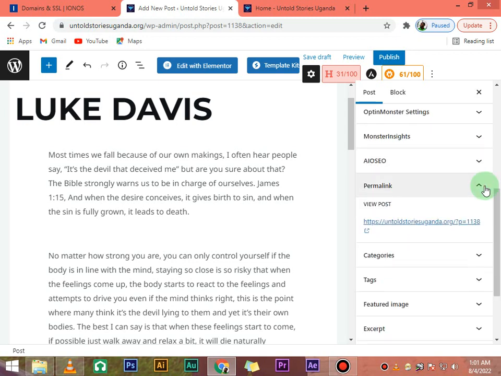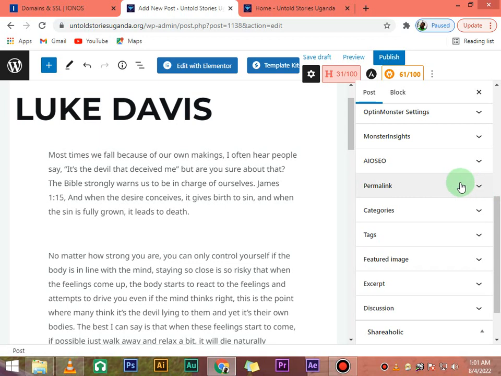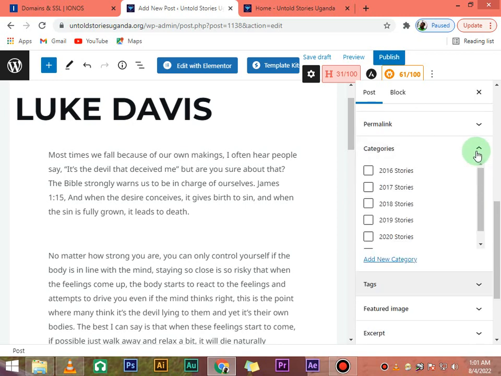Let's go ahead to another setting. There is the template. This one you can just ignore. There's nothing much here, and all of this, they are not important. Now we shall come and talk about permalink later on as we end this. For now, let's keep it. Where I wanted us to start from is the categories. So when you come to categories,